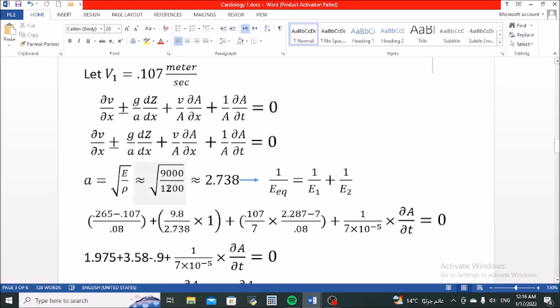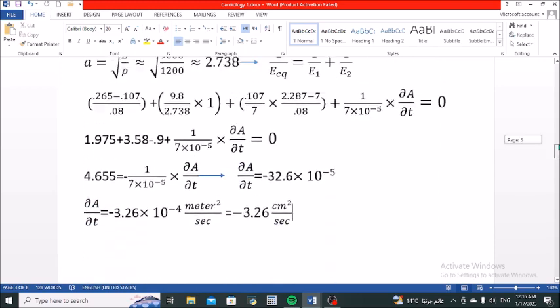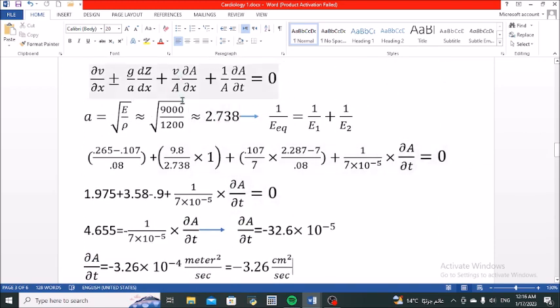That is 1.2 grams per centimeter cube. We get 2.738,